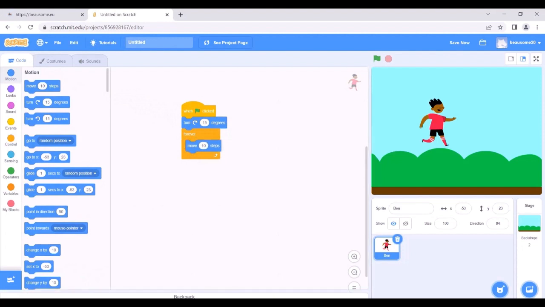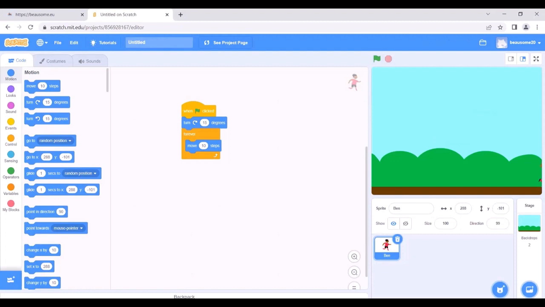That means that when I click the green flag, Ben will turn 15 degrees only once, and then it will move 10 steps forever. So if I click this flag here, I can see Ben turns 15 degrees once, and then it moves 10 steps forever.